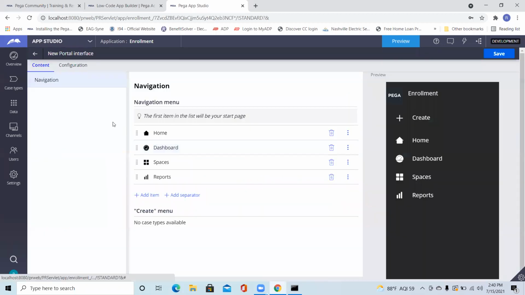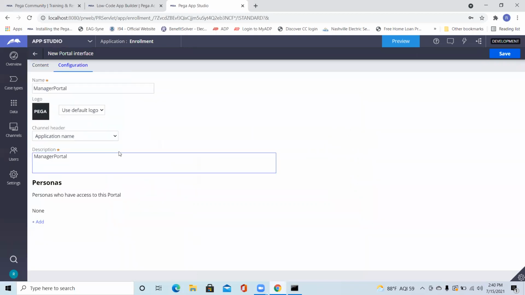Configuration, manager, the application, the person. Okay, they have added it. I can add the manager here and it will be there. Okay, got it. See, you are getting it now.